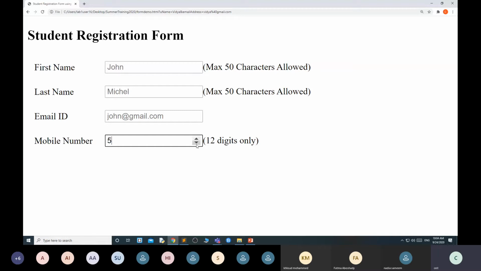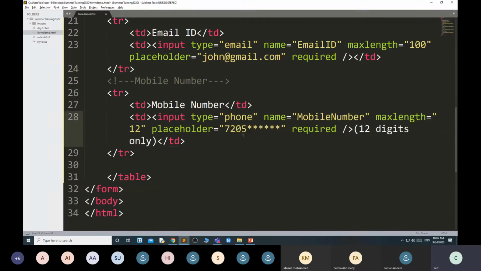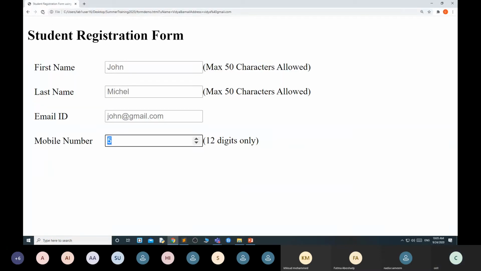Okay. But I need phone number. That's why you can also use input type phone. Input type phone, not input type tel.